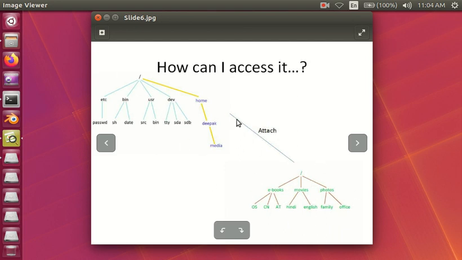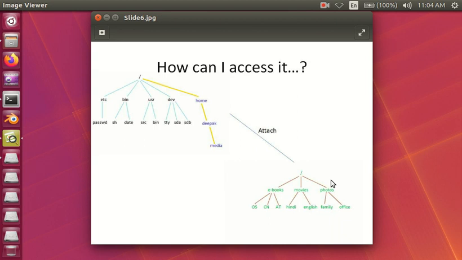Physically we can attach a pen drive or any external drive to available hardware ports, like the USB port we have. So let me attach my pen drive and let us check what happens with the system.